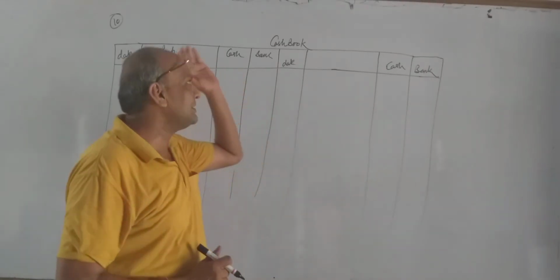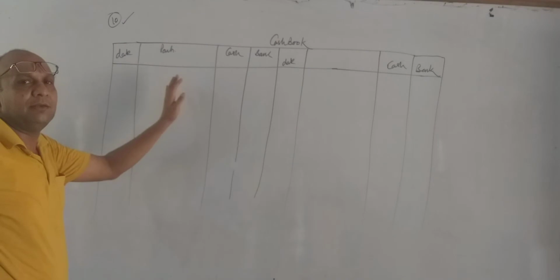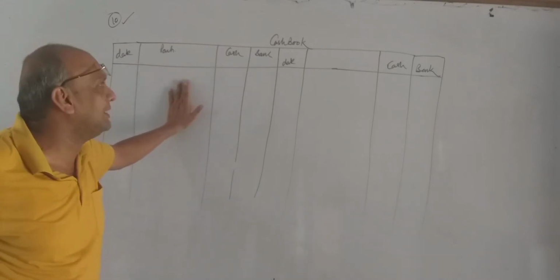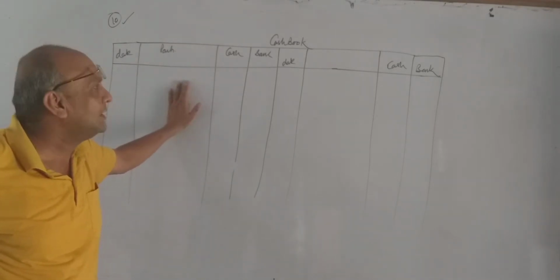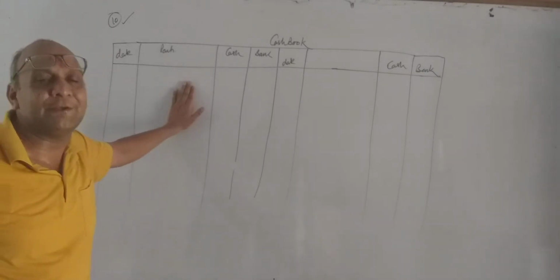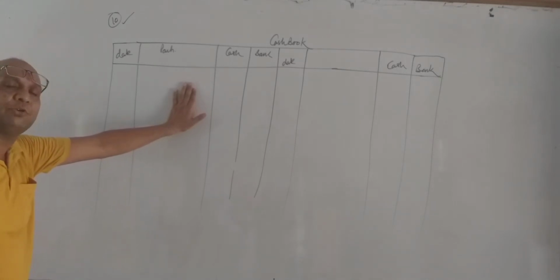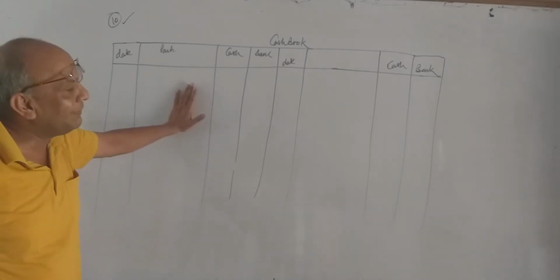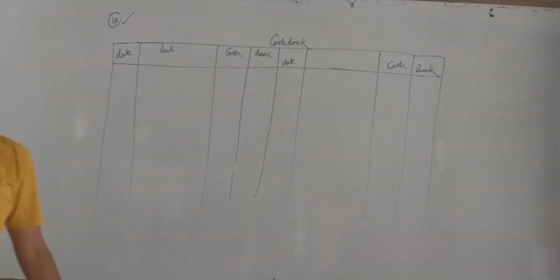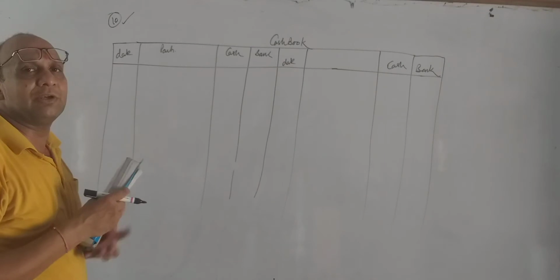The name of the chapter is cash book. We are doing illustration number 10, double column cash book. We have done a few sums earlier also. Now whatever sums I am doing in cash book, it is a kind of revision. First I did simple column cash book. Now I am doing double column cash book with cash and bank. We will be repeating the same sums with one or two new points. Otherwise, more or less this chapter is over.